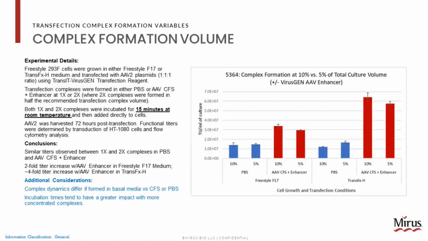So we know that a transfection process is not exactly gentle on the cells, and that when you do this, you are going to be stressing your cells. And the good news here, if we look at the graph, is that regardless of if you use a 10% or 5%, using multiple different cell lines, or versus PBS, you're going to get a better yield regardless of if you use a 10 or 5% concentration. And we'll look at things to optimize as far as that formation volume in the next couple of slides.